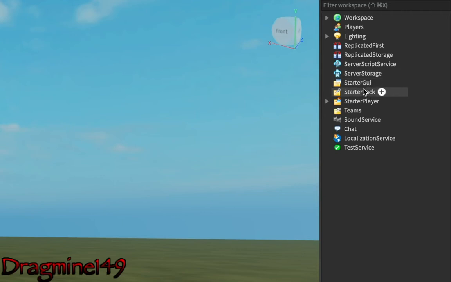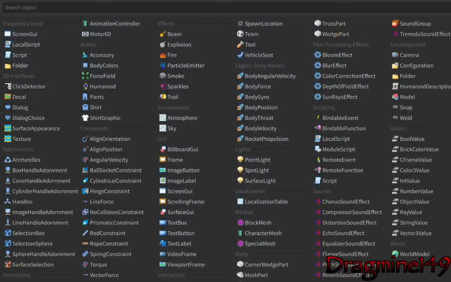GUI means Graphical User Interface, and the Graphical User Interface is an advanced type of interface that we use and see every day. It lets us easily order stuff around and move stuff as freely as we want. So we're going to go into the StarterGui and click this add. Now yours might look different than mine, but it comes up with this.